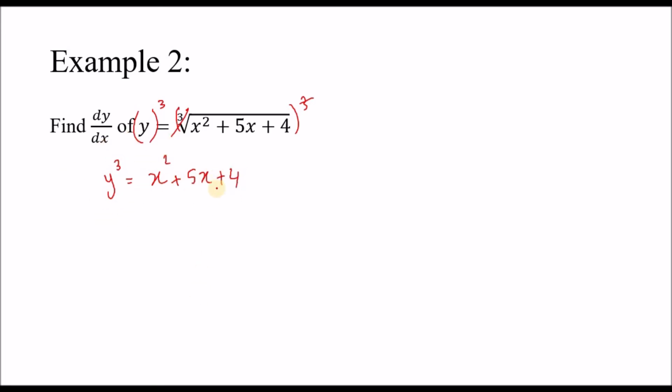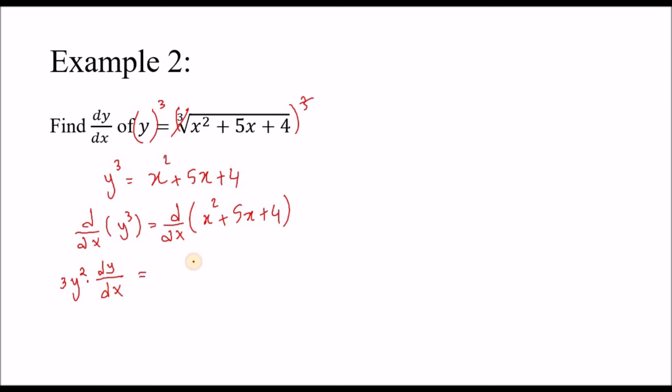Now, luckily, I know how to differentiate this using implicit differentiation. So I'm going to take the derivative for both sides. So I will find the derivative dy over dx of y cubed is equal to d over dx of x squared plus 5x plus 4. Now I'm going to differentiate using the chain rule again. Regard this as parentheses. I'm going to say this is equal to 3 and then y to the second power times the differentiation of what's inside the parentheses, dy over dx,